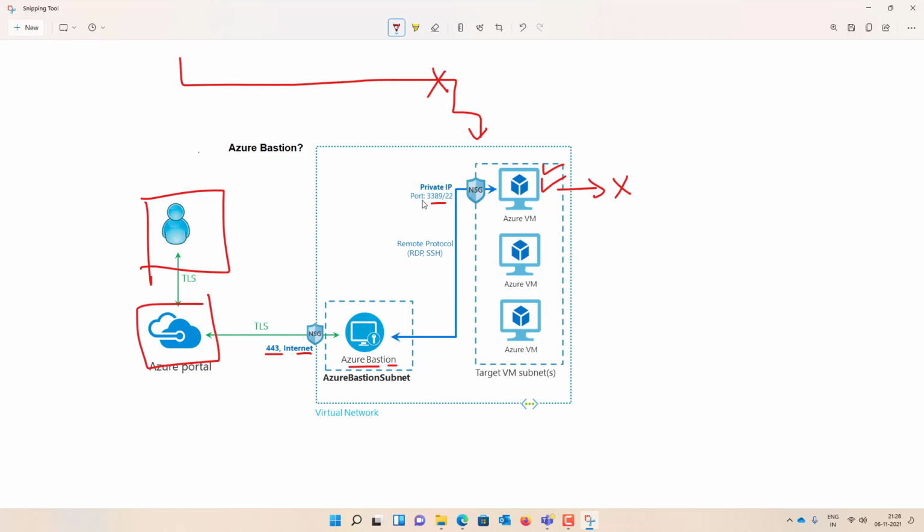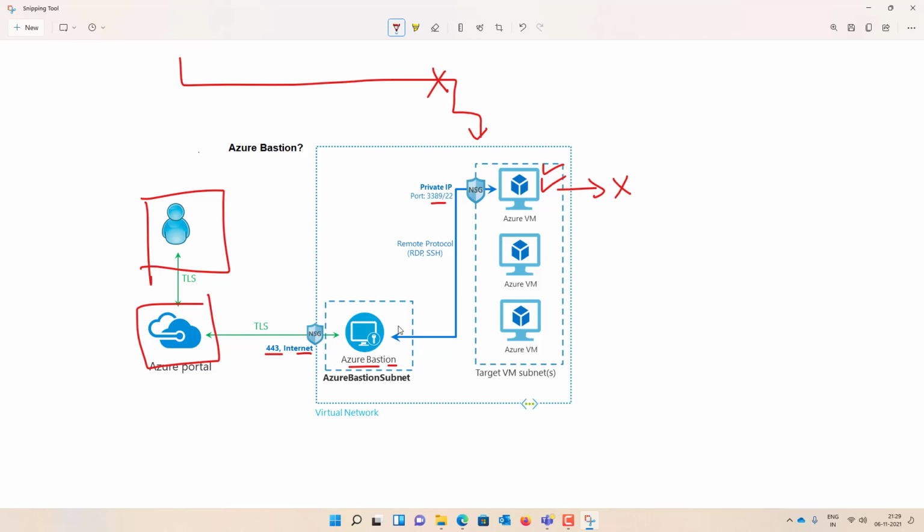It provides secure and seamless RDP SSH connectivity to your virtual machines directly from your Azure portal over TLS. When you connect with Azure Bastion, your virtual machine does not need a public IP address, any agent, or special client software. Bastion provides secure RDP and SSH connectivity to all of the VMs in the virtual network in which it is provisioned. So it means if you have a VNet and have 100 VMs inside that, all the 100 VMs can be connected with the single Bastion service because this Bastion service is integrated with the VNet.